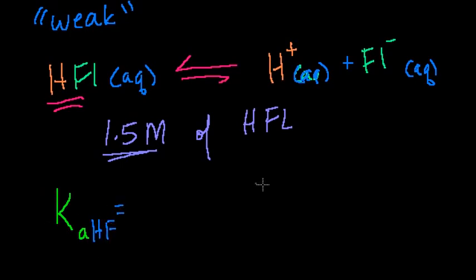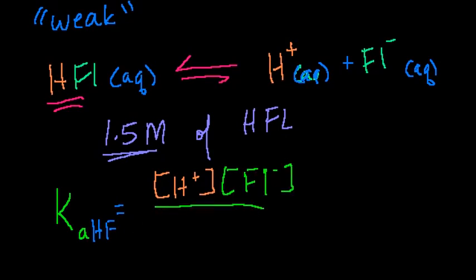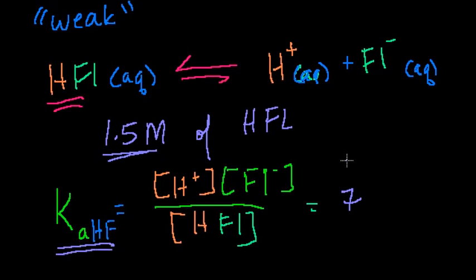It is equal to the products: the concentration of hydrogen ions times the concentration of fluoride ions, divided by the concentration of hydrogen fluoride, HF. If you look this up at 25 degrees Celsius, roughly room temperature,